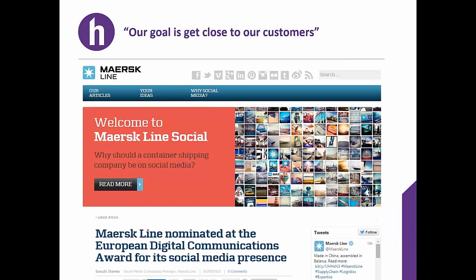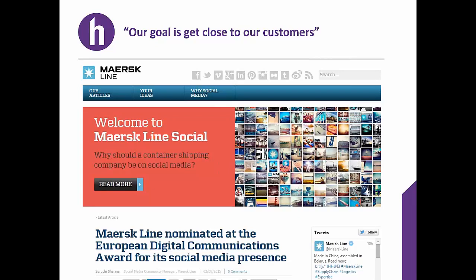You need to be thinking about this kind of branding. And one company who's thought about this already, and may surprise you, is Maersk, the container shipping company. They've produced an exceptionally useful website where they describe their use of social media, their objectives, what they're trying to achieve. So you might, a little bit later, want to go on to Maersk Line, where they outline their entire social media policy, which, although it's container shipping, I think you might find useful because it's business to business.